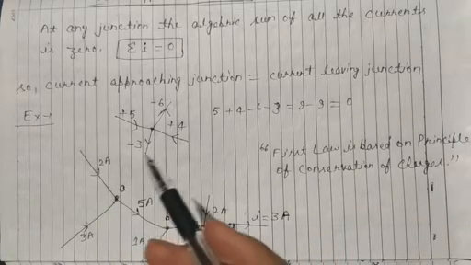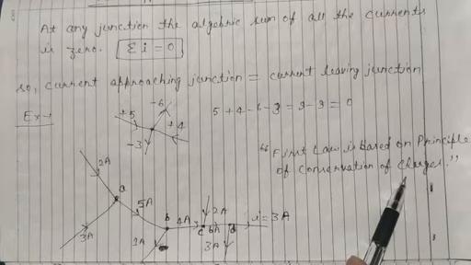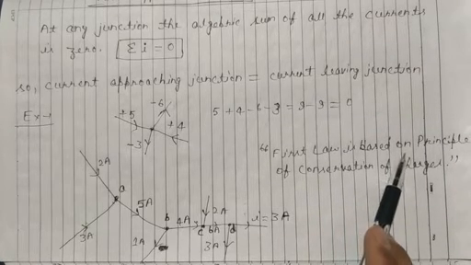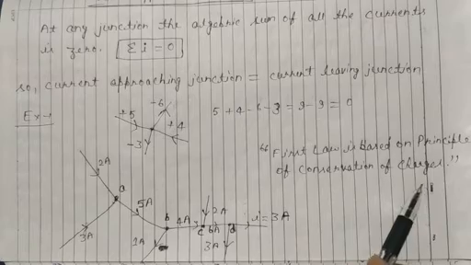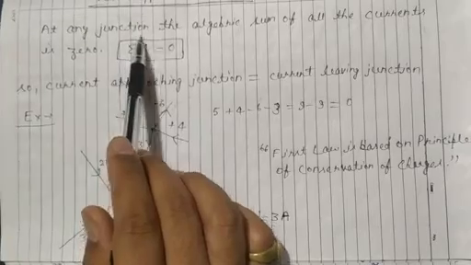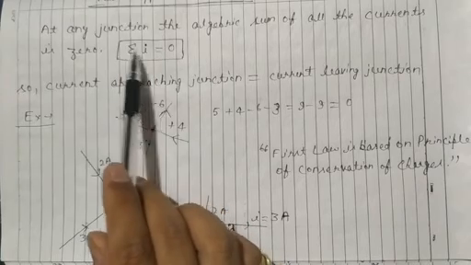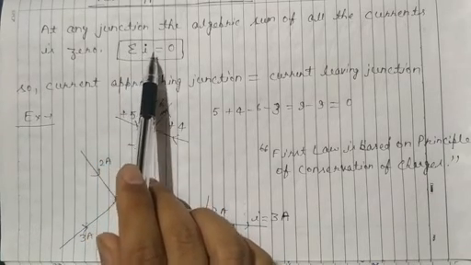So this is Kirchhoff's first law. Now sometimes we must know the basics. On the basis of which fundamental law is this rule made? Answer: this is made on the basis of conservation of charge. The first law is based on the principle of conservation of charge. So this is the first law. At any junction, the algebraic sum of all the current is 0. Sigma I is equal to 0. Summation of all the current is equal to 0.